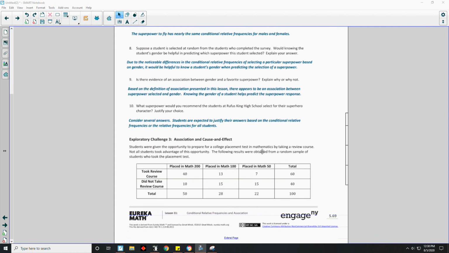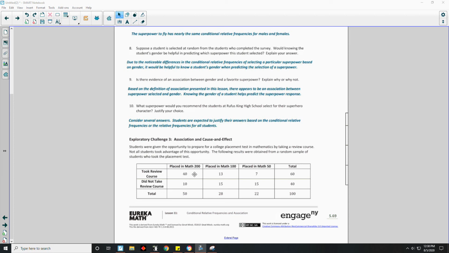Okay, Exploratory Challenge 3. Association and cause and effect. Students were given the opportunity to prepare for a college placement test in mathematics by taking a review course. Not all students took advantage of this opportunity. The following results were obtained from a random sample of students who took the placement test. Okay, so